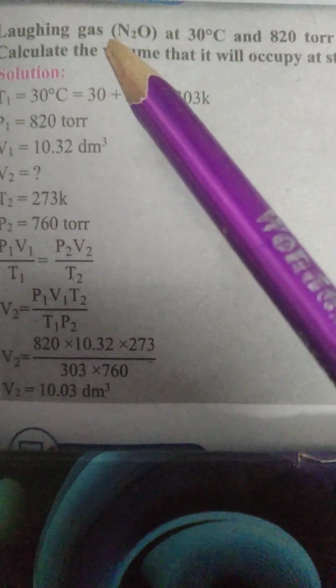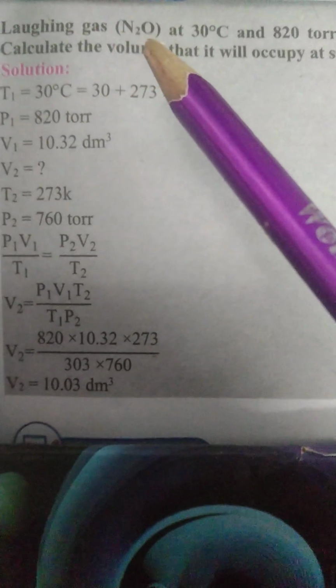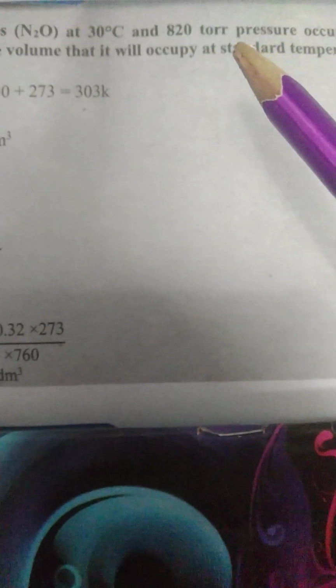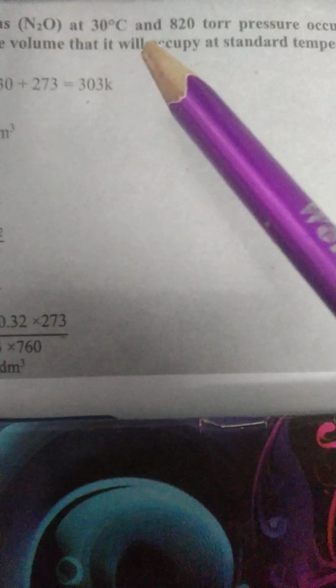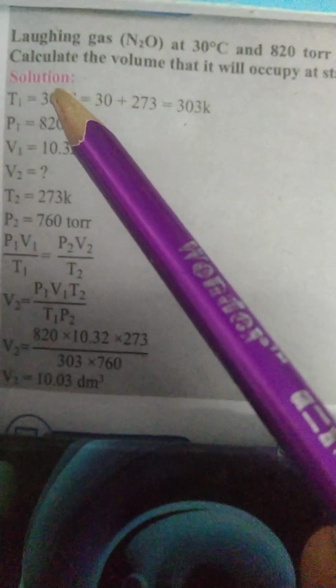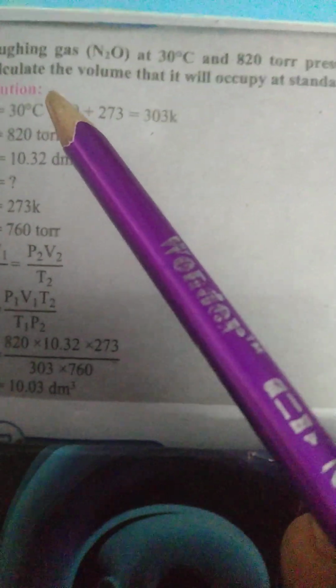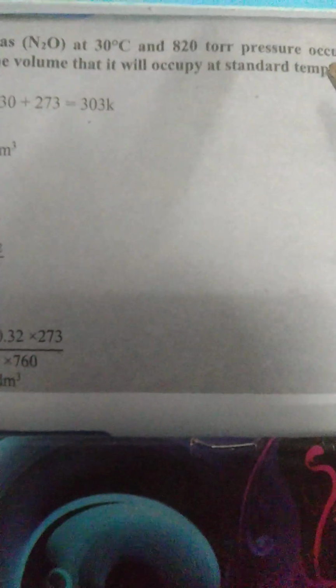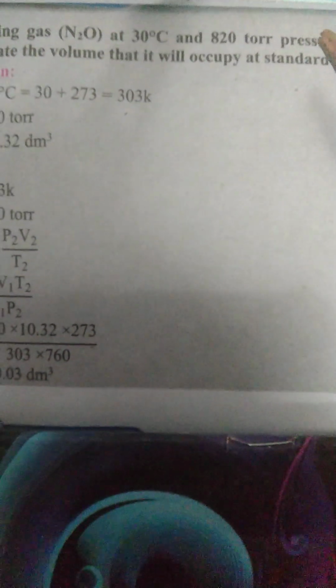Laughing gas, N2O, we are very familiar with it in chemistry. At 30 degrees centigrade temperature and 20 torr pressure, both given, you can say T1 and P1, it occupies a volume V1 of 10.32 decimeter cube. Sometimes we see litres, but mostly decimeter cube. Calculate the volume occupied at STP, meaning standard temperature and pressure. We have to take standard temperature and pressure,